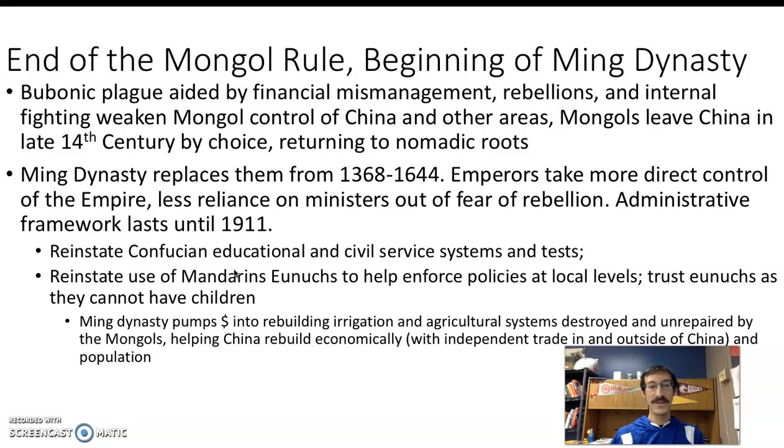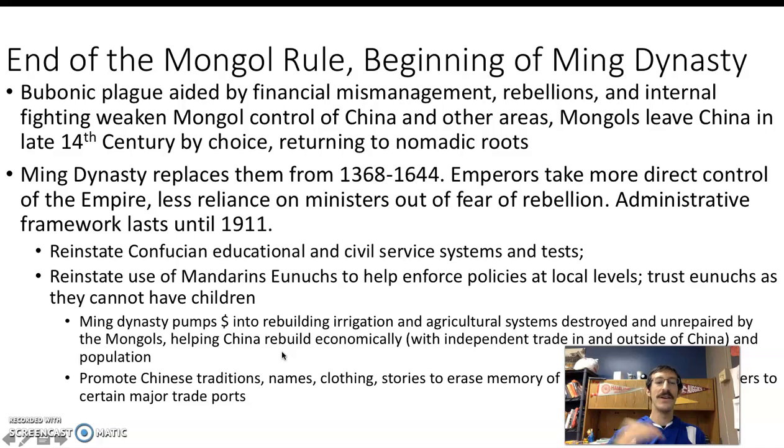Right. At the same time, the Ming Dynasty will pump a lot of money into the rebuilding programs that, while the Mongols had been doing that as well, in terms of irrigation and agriculture that the Mongols had destroyed. The ones that had been unrepaired for the last couple hundred years get more money pumped in, and then also, while they're helping rebuild China economically with independent trade in and outside of China, and within the population also rebuilding,